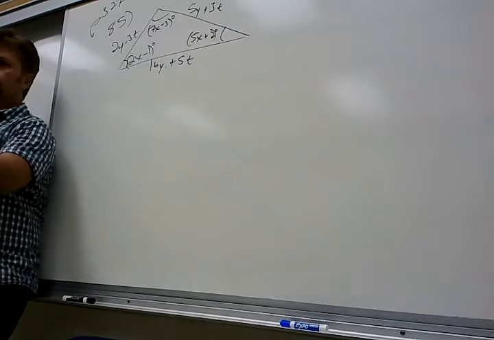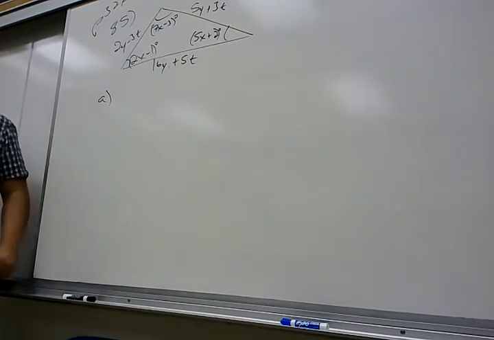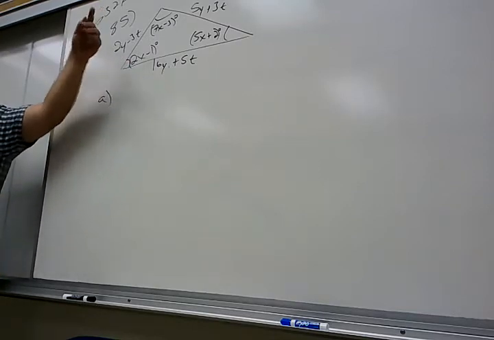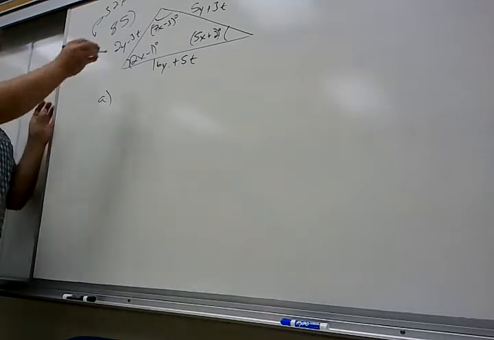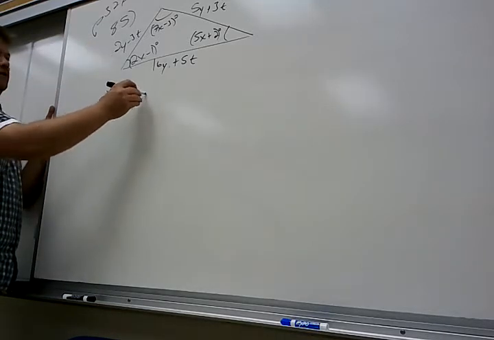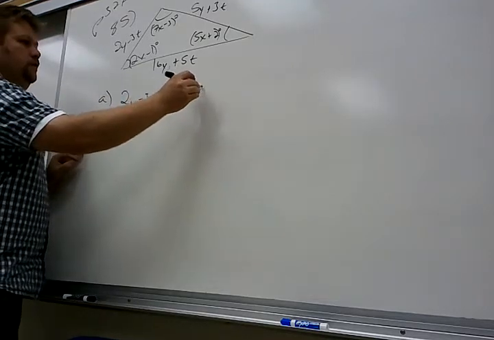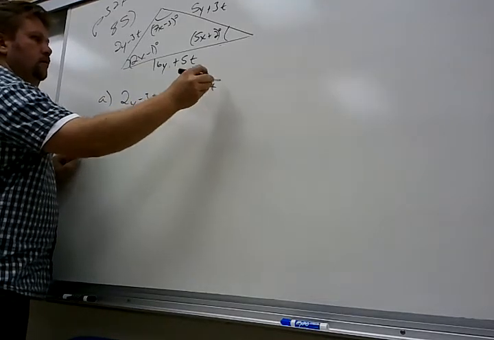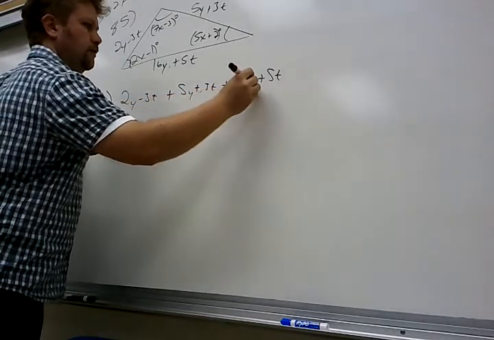So Part A is nice, right? And actually, so is Part B. But Part A, how do I then get the perimeter of this triangle? What are the things that I need to add together? Yeah, all the side measures: 2y minus 3t, 5y plus 3t, and then 16y and 5t. So now we're down to that whole